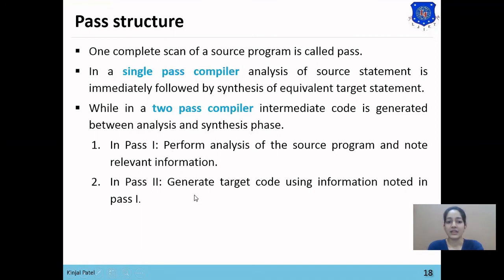Now in pass 2, it generates the target code using the information noted in pass 1. So in a 2-pass compiler, memory complexity or space complexity is less, while time complexity is high because it requires time to generate the intermediate file.